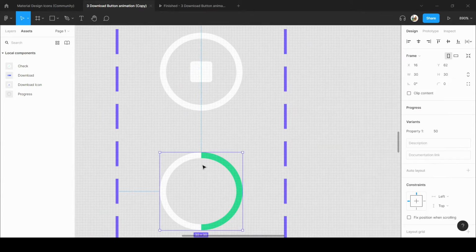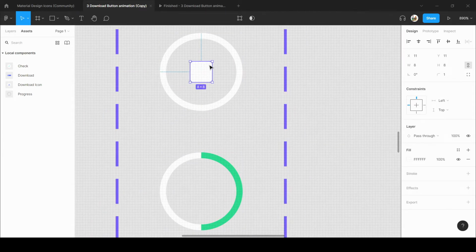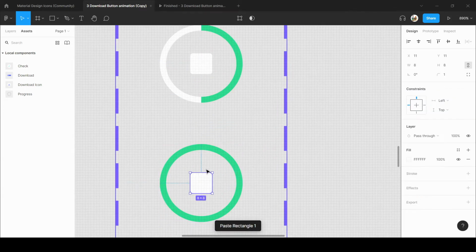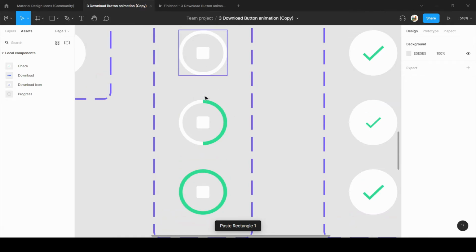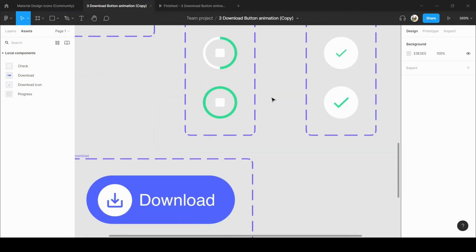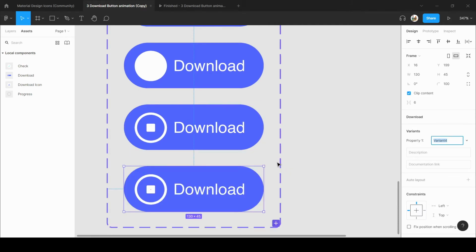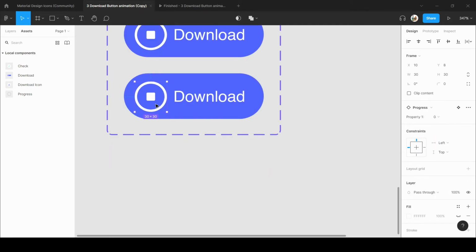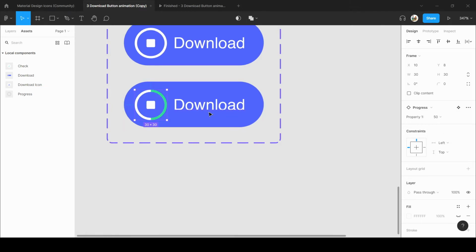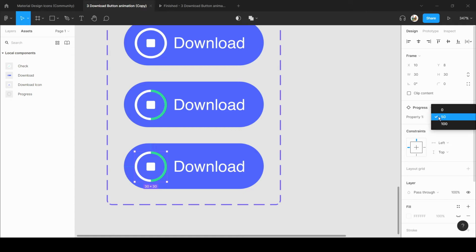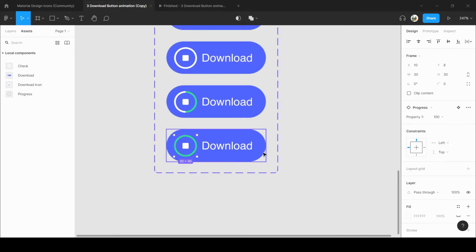I will just copy this rectangle and place inside here and here also. So we have this stop icon and the progress bar. So now we want here 50%. Duplicate this and change this variant to the 100%.